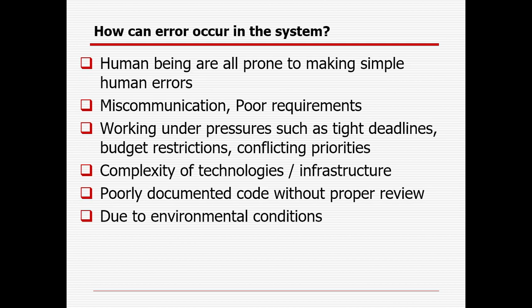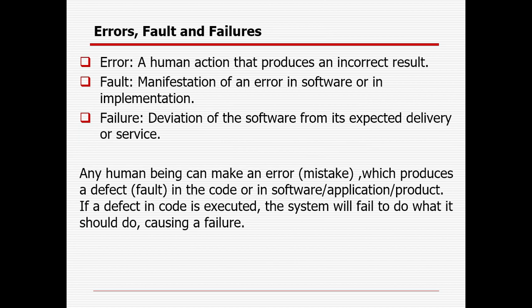So that is the simple terminology of the software life cycle. Especially for testing, you need to remember these three terms. How can error occur in the systems? Suppose the developer is doing the development, and they are not good at it, they do not have much coding knowledge, they are really junior, they were not given proper training, and also human beings can make mistakes, intentionally or unintentionally. There can be miscommunication or poor requirements. And sometimes they are working under pressure on multiple projects, so to meet the deadline they sometimes intentionally forget something. Sometimes the complexity of the technology is really high. Sometimes the environment condition is not up to the mark. Documentation is not good, and that is the reason error can sometimes be there. And because of error, fault will be there, and in case we are not able to solve the fault early, failure will be there.